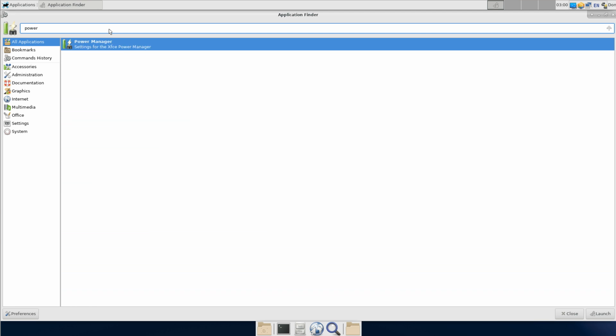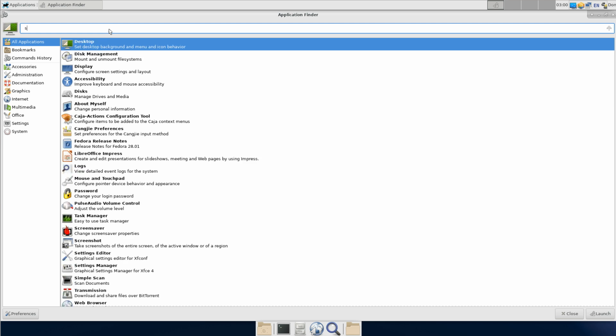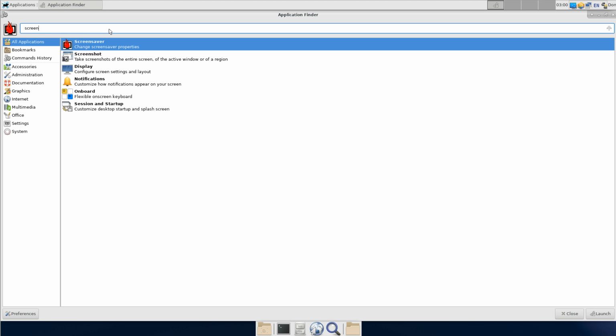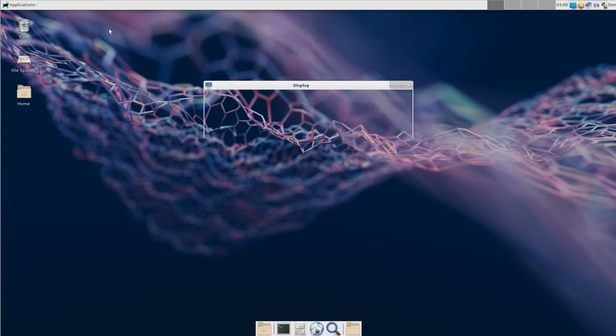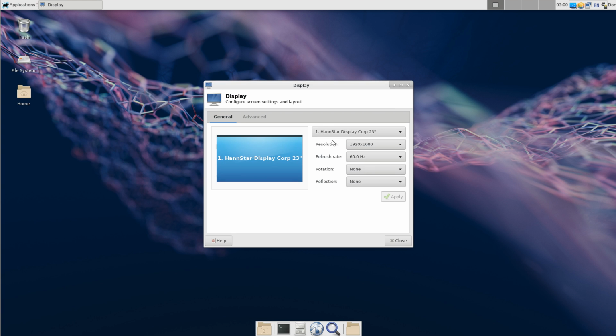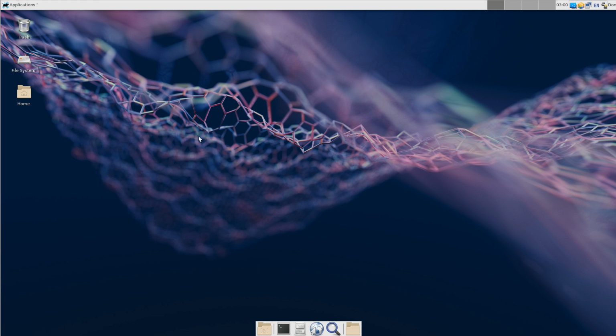Power. Okay, we were just in there. And screensaver. Let's look at the display settings and make sure there's not something there that would do that. Yeah, okay, everything looks normal there. Yeah, I think that's all good. Okay,